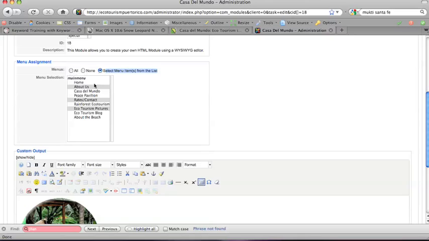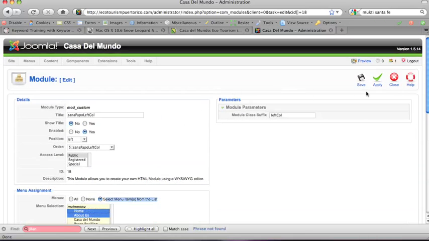So let's say we wanted it on the home page. I'm holding my command key down on a Mac, and you can do the control key if you're on a PC. The command key usually has an apple on it if you're on a Mac, and it's to the left of your space bar. And you click on home, you can see how it added it to the list. So I'm going to save that,